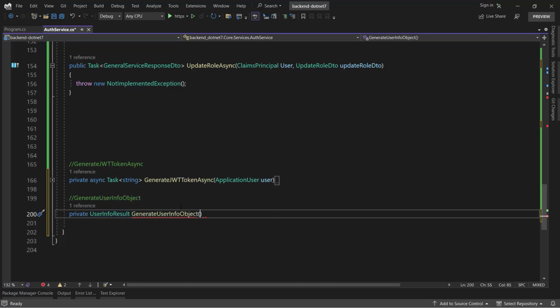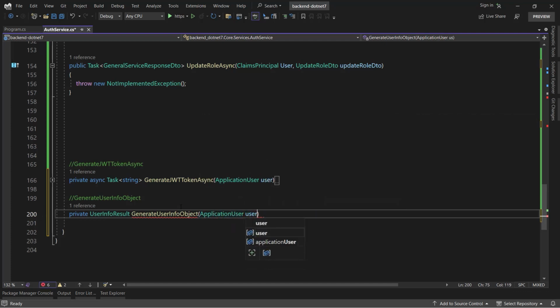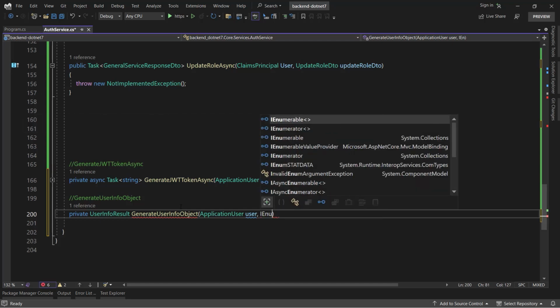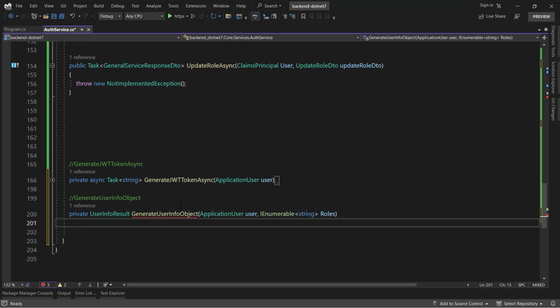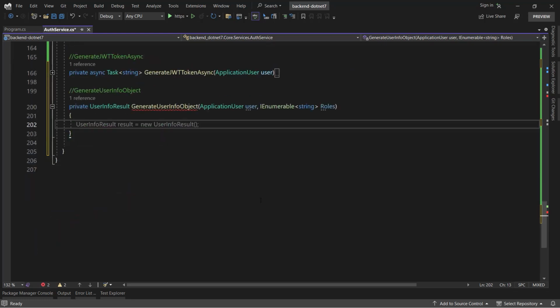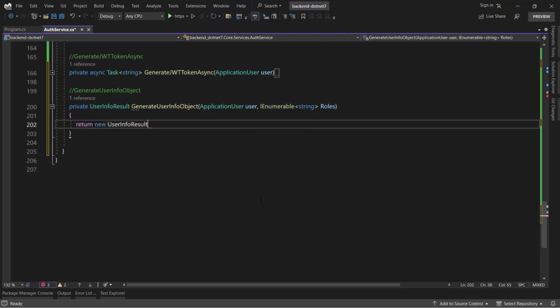So what would it receive? It receives an ApplicationUser user and an IEnumerable of string roles. That's it. So we just simply need to return a new UserInfoResult,